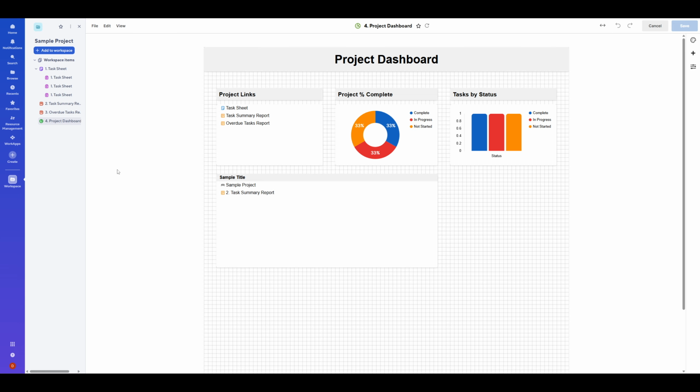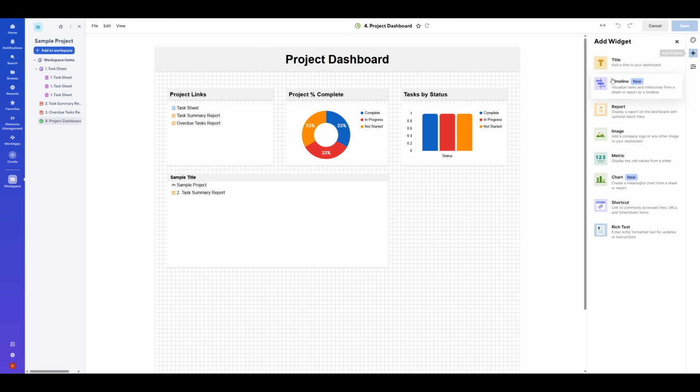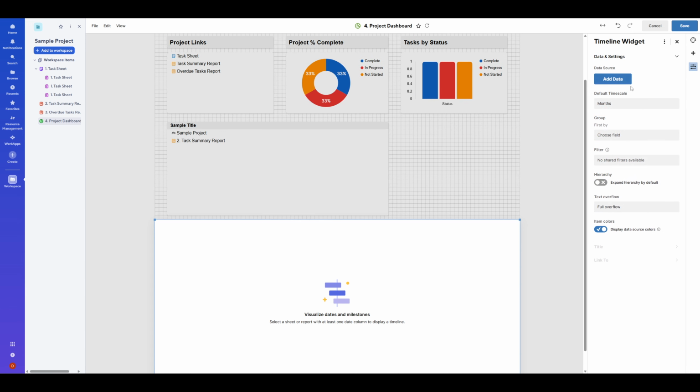First, make sure you're on the dashboard where you want the timeline to appear. Look to the right-hand vertical sidebar and click the plus sign. This opens the widget picker. From the list, choose Timeline. Smartsheet will place a timeline widget on the canvas and open the configuration panel on the right so you can